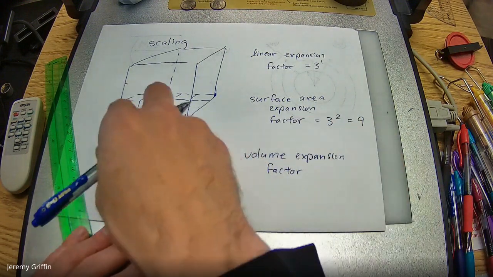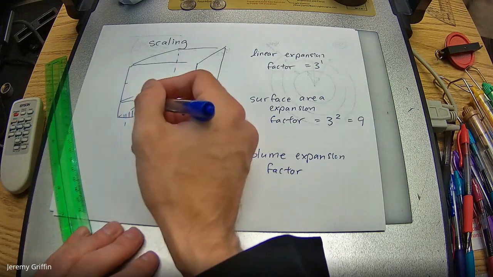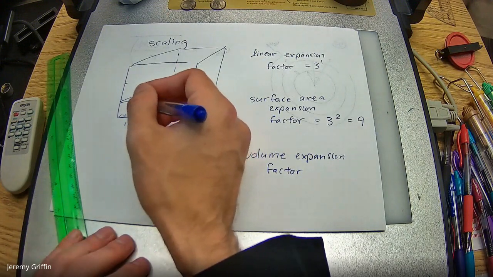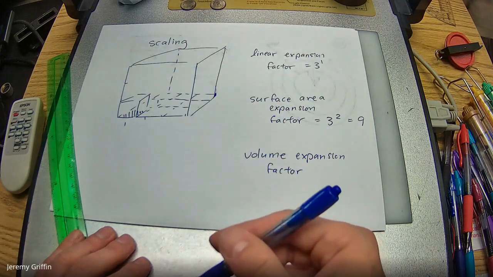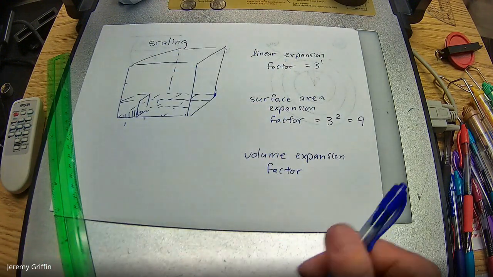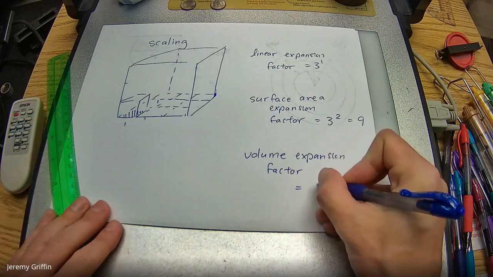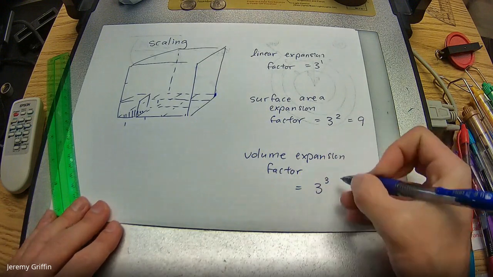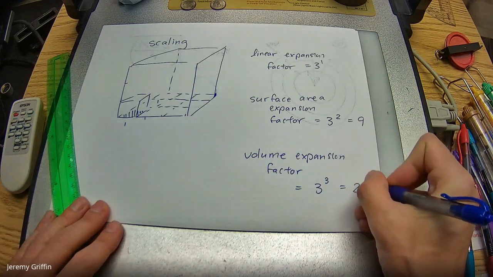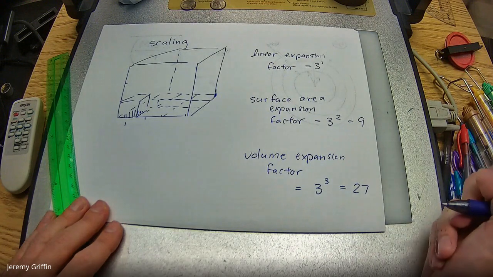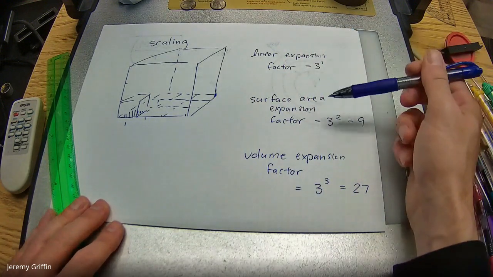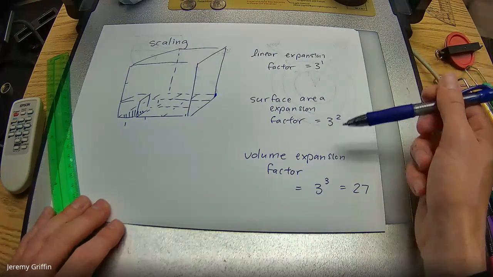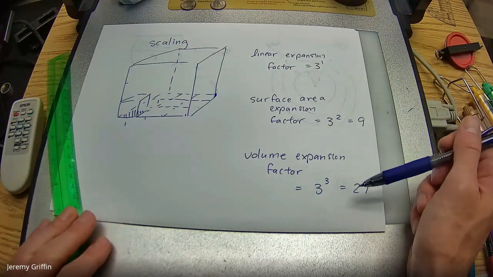What if you fill this box with water? You fill the little box with water, it takes so much water. How much more water would you need to fill the big box? That's a cube relationship, isn't it? So it's a factor of 3 to the power of 3 because 3 dimensions. That's like 27 times. So whatever the scaling factor is, anything to do with area is the squared version of that, and anything to do with volume is a cube version of that.